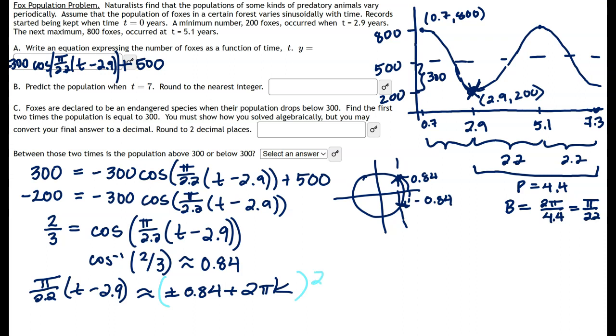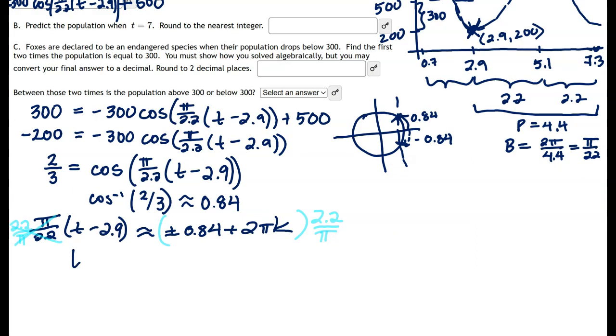So all of this needs a 2.2 over pi. And over here, 2.2 over pi, which will just wipe it out, which leaves us with t minus 2.9 is approximately plus or minus 0.59. And then that 2 pi k, when we multiply by 2.2 over pi, gives us our 4.4k,